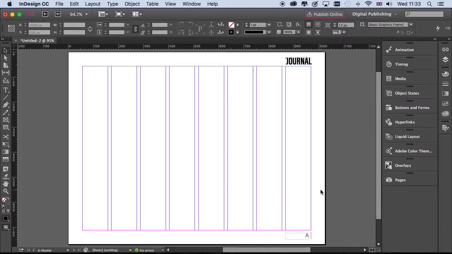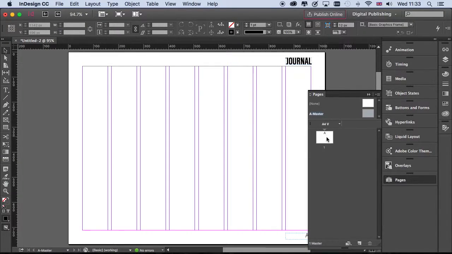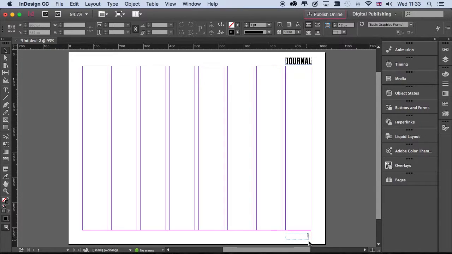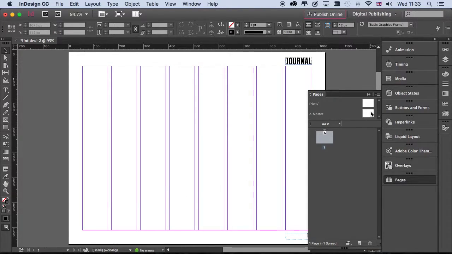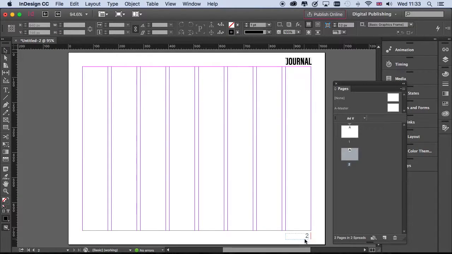There's my master page. Now you can see, if we go to pages now, excuse me, you can see here is my automatic page number, and you can see it tallies with that number 1. And if I were to add another page, number 2, there we go, and if I just hide that away so you can see, there we are, there's my number 2. So page 1 looks like this, the master page looks like this, number 1 again, there we go, and number 2. And that, in a nutshell,